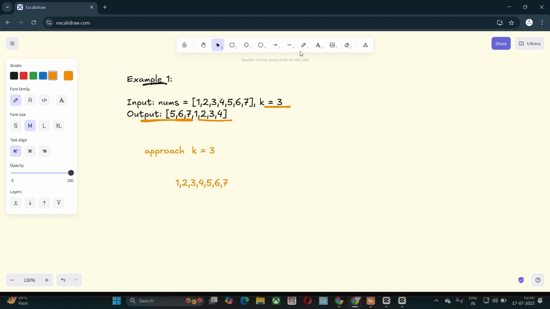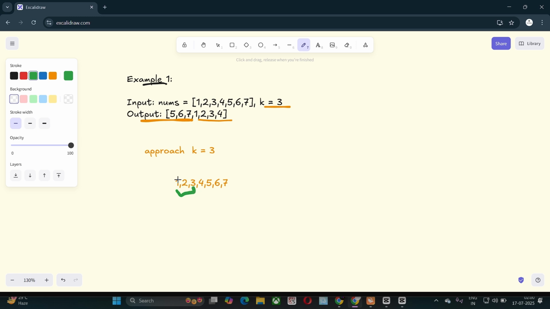So how will we do that? First of all, we reverse the whole given array.